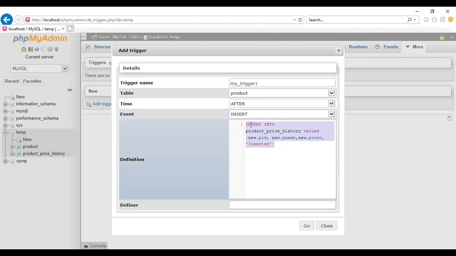So at that time, it is also going to insert the data into the product_price_history table, which values? Whatever we have inserted in the product table as a PID, as a P name and as a P cost. And the last fourth column, it is going to insert the record inserted. Okay. Now press on the button go.